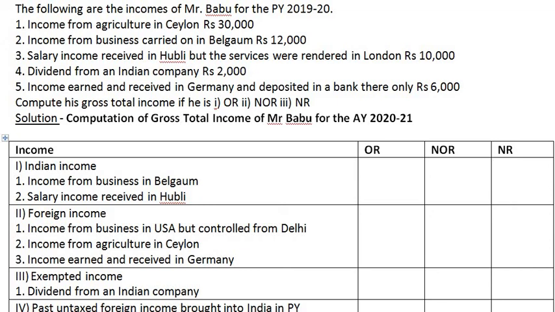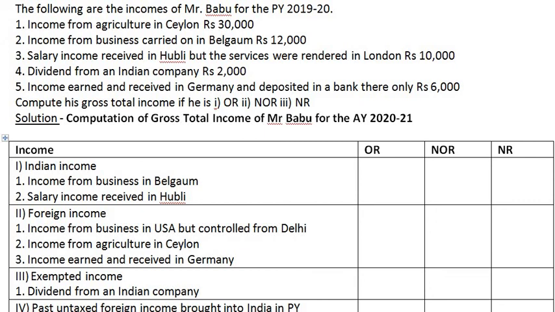Today's problem is very simple. Therefore, I request all the students to note down the sum and try to solve it on your own. In case you find any difficulty, you watch the full video and you can learn the same. So first, note down that there are only 5 incomes given in the sum. Try to solve it on your own and later watch the full video and check if you have solved it correctly or not. It can be practice for you because so far we have solved 3 problems on incidence of tax and residential status.